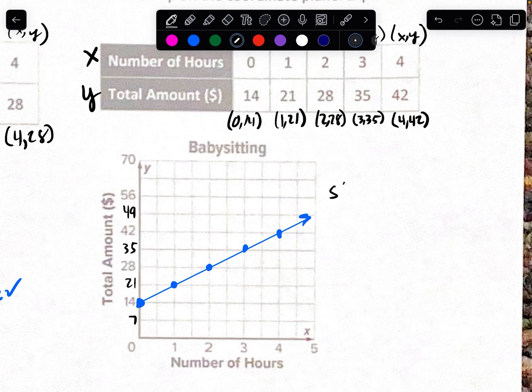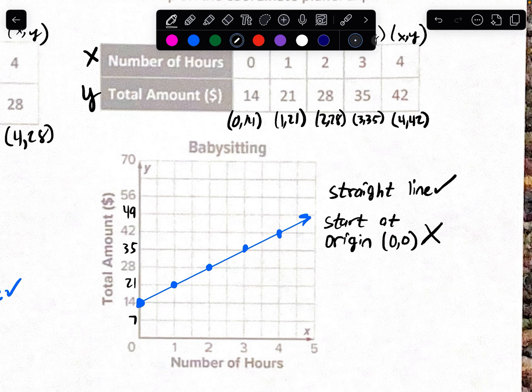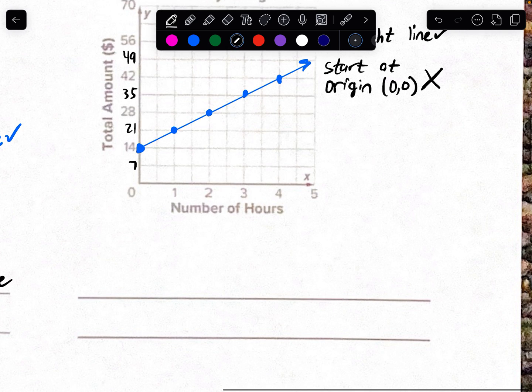So do I have a straight line? Yes, I do. It looks pretty straight. But did it start at the origin? If we don't remember what origin is, it's 0, 0. So no, we don't have it. Because it doesn't start at the origin, that means it is not proportional. So not proportional,